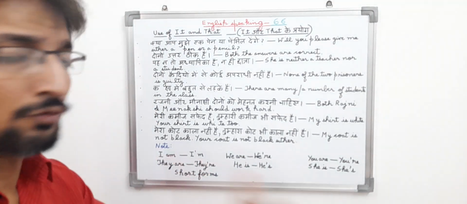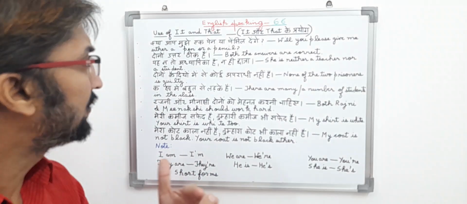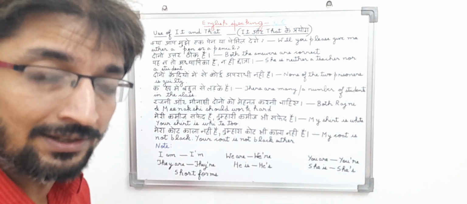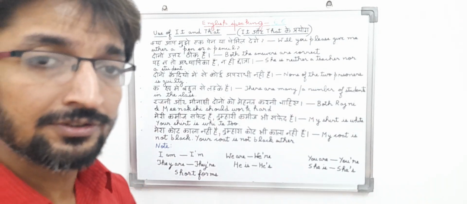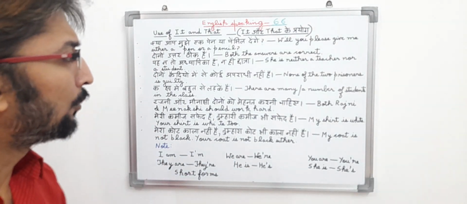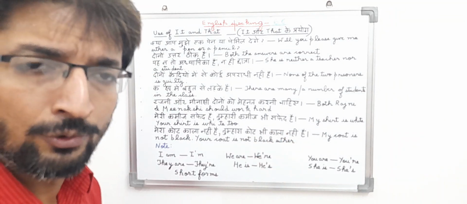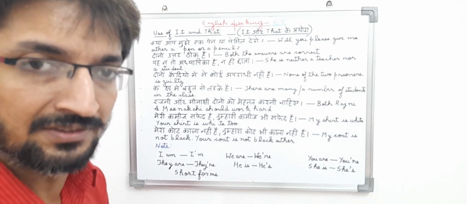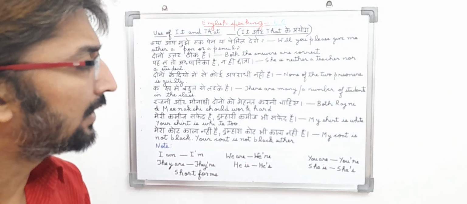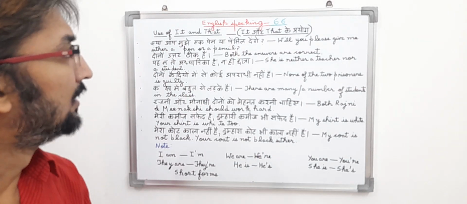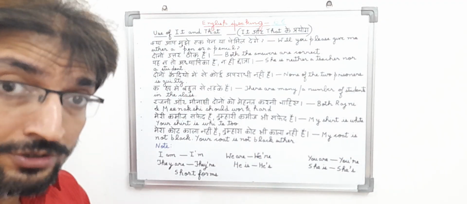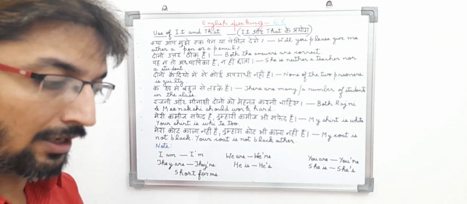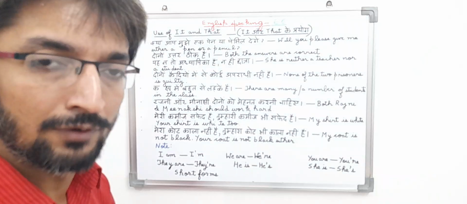So friends, this was the English speaking part 66, in which I told you about some use of it and related sentences and some miscellaneous sentences too that we normally use in our English language. As usual, I wrote down the sentences in Hindi and tried to explain to you in English so that it becomes easier for you to understand miscellaneous sentences. I hope you would have found it easier to understand miscellaneous sentences and the notes which I told you, basically short forms of wordings which we need to remember if we want to speak fluent English in front of another person.